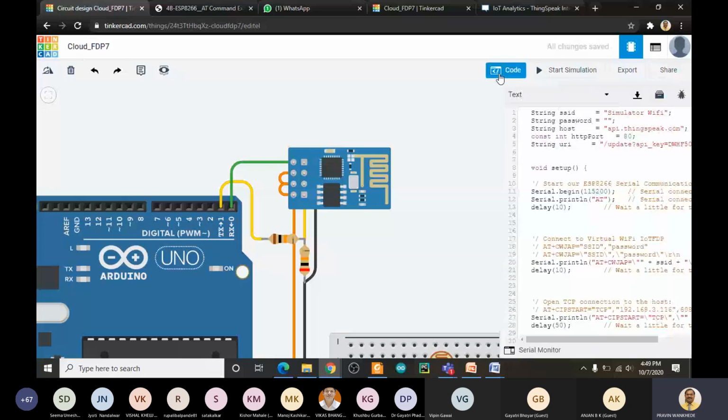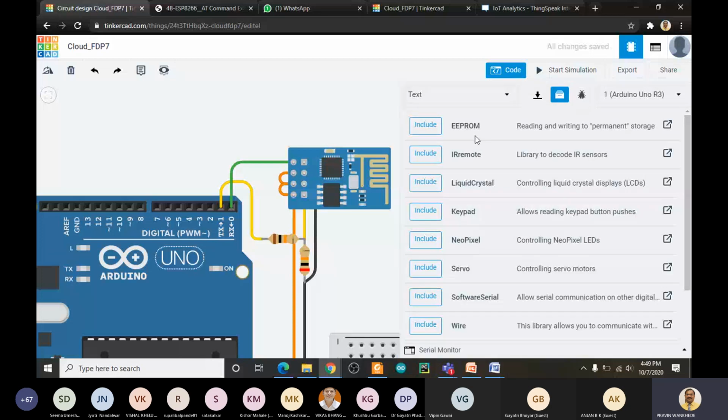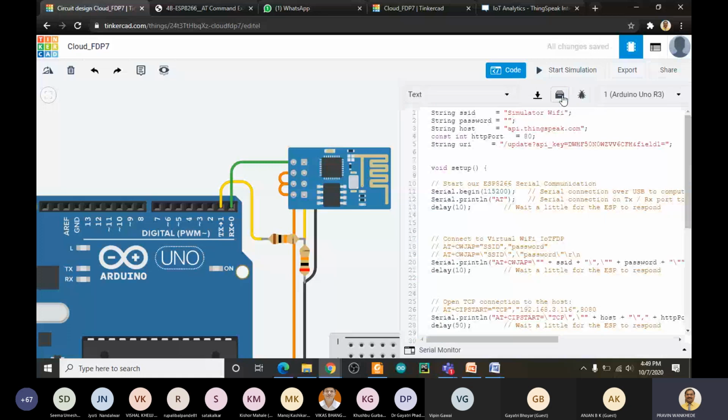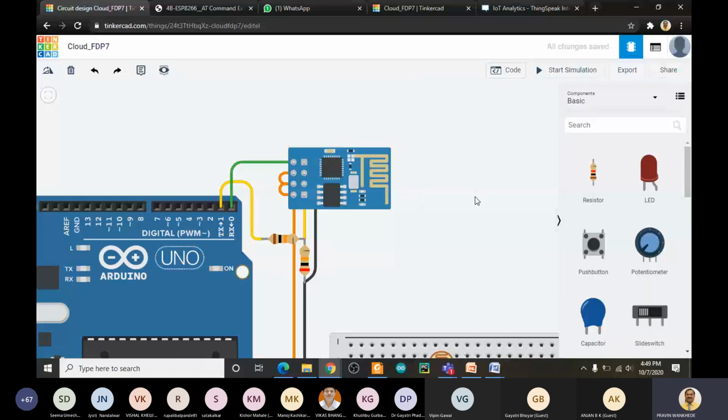When we click on Code and then click Libraries, we do not have support for any cloud library here. So we have to write a program that has the commands required to connect with the Wi-Fi gateway or to upload the data to the cloud. The best way is to connect to the cloud through an HTTP request, because to send an HTTP request we don't need any type of library in the Arduino. That is why we are using the ESP8266, without using any library here.